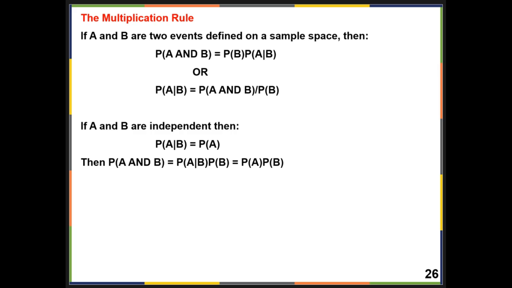And if A and B are independent, then the probability of A given B equals the probability of A, and the probability of A and B equals the probability of A given B times the probability of B, which is the probability of A times the probability of B. These are much easier when you look at them in examples than just reading them straight from the text or